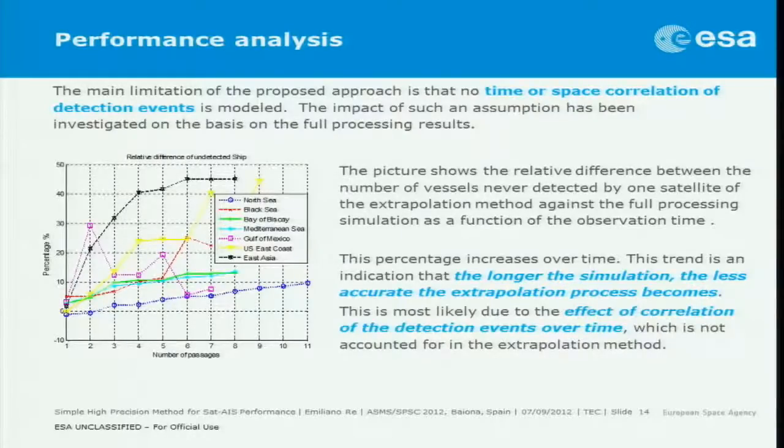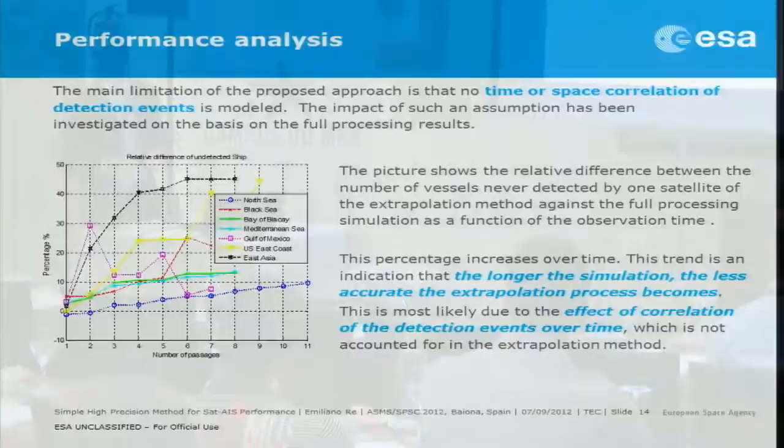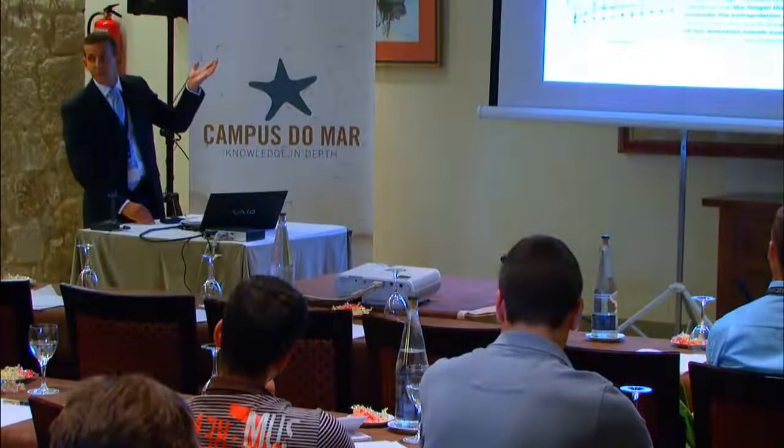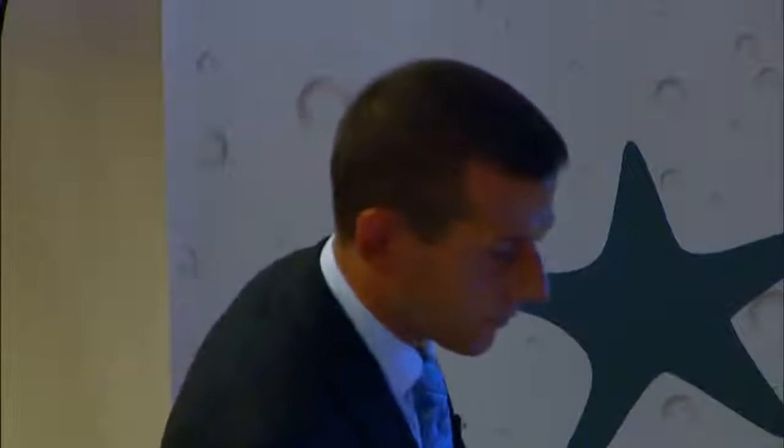And actually, what you see in the different areas is that the difference is increasing over time, which means that our extrapolation cannot be scaled for an infinite time. But still, when you compare the system results, in our case we consider a 24-hour simulation, which is good enough for assessing the statistics of a constellation. The error which is introduced is quite limited because the full accuracy is 5%. But we can actually see that most of this error is due to this effect.